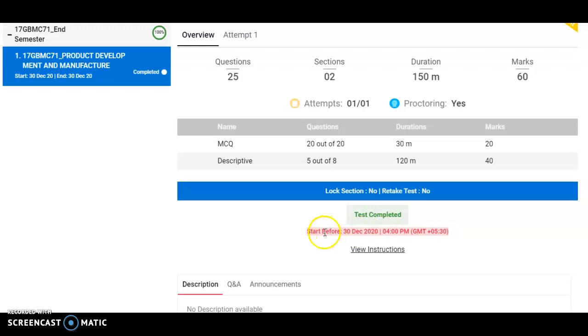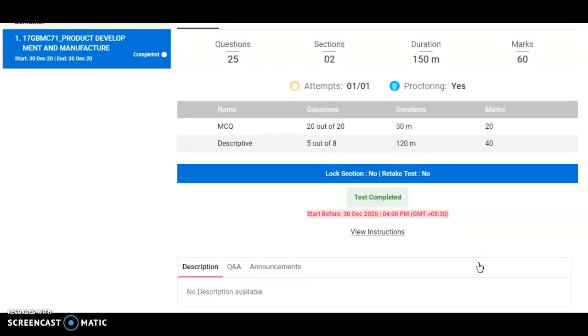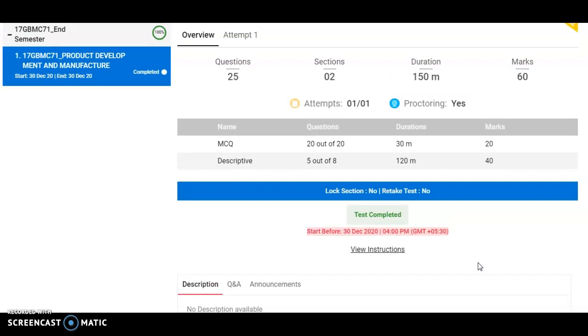After choosing the answer, then click on next. Actually here that option is not available because the test is already completed, but when you are going to appear for the examination, that option will be there.